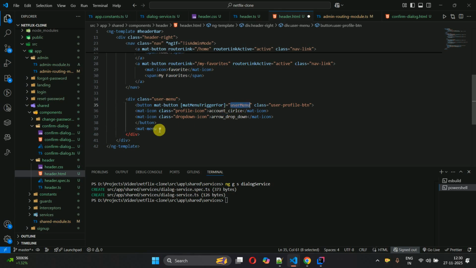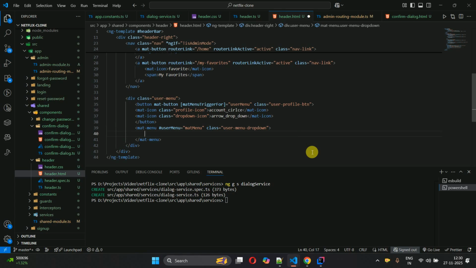this one, userMenu, and here we have to just write mat-menu and the class user-menu-dropdown, and in this one basically we have to write a div with the class user-info-header,